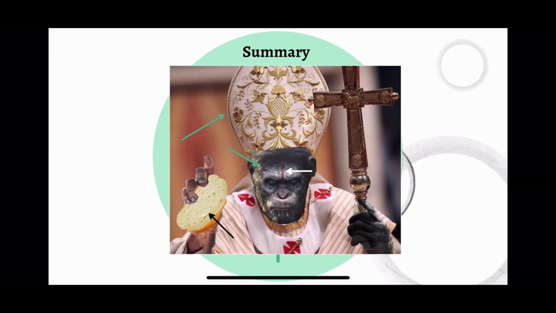It has a mark on the forehead in the center, the median. So which means it's about the median nerve, and this mark is made with a pen, which we will come to later. And this ape is holding half a loaf of bread, which means first and second lumbricals and the opponens pollicis and the abductor pollicis brevis and the flexor pollicis brevis, all of these are supplied by the median nerve. Okay, so this is a pope, so you can remember that Benedict sign is associated with median nerve.